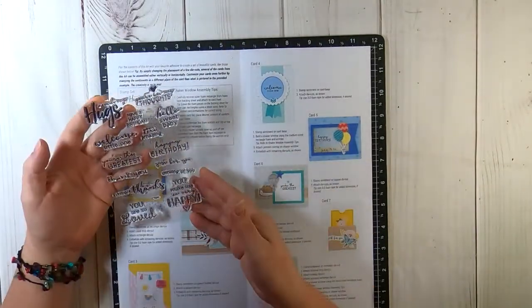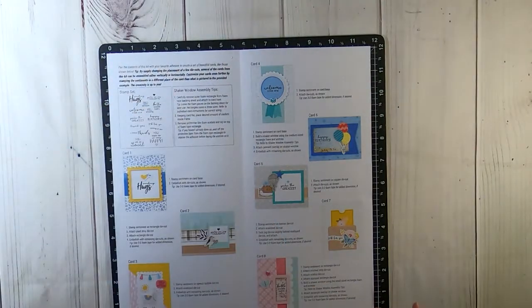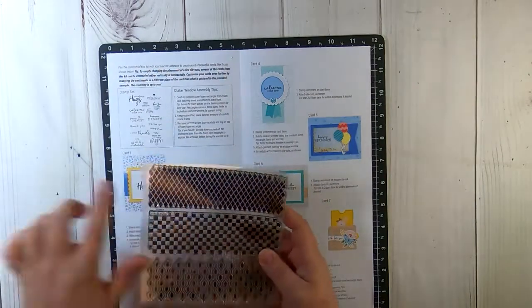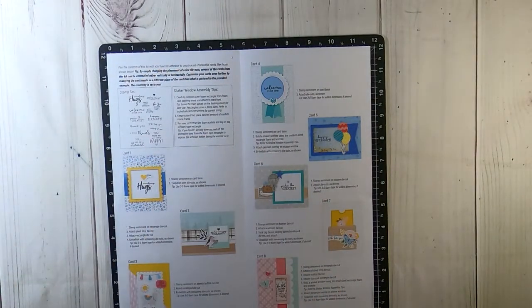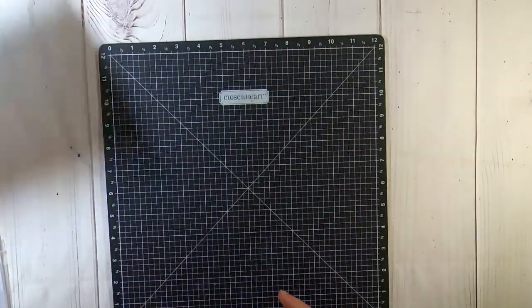Today I am walking through my versions of the Craft with Heart cards for May to August of 2021. And I'm showing you some of the additional products or supplies that I'm using in addition to what comes in